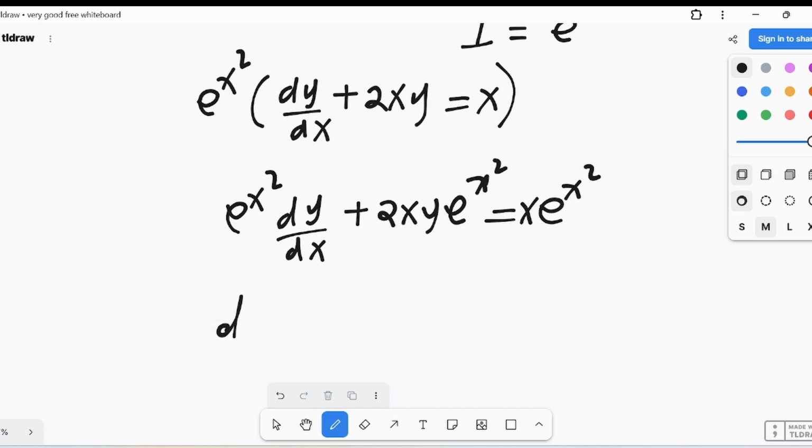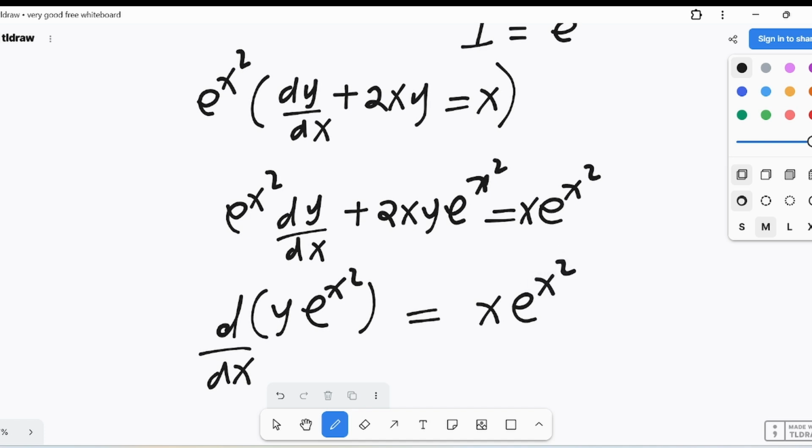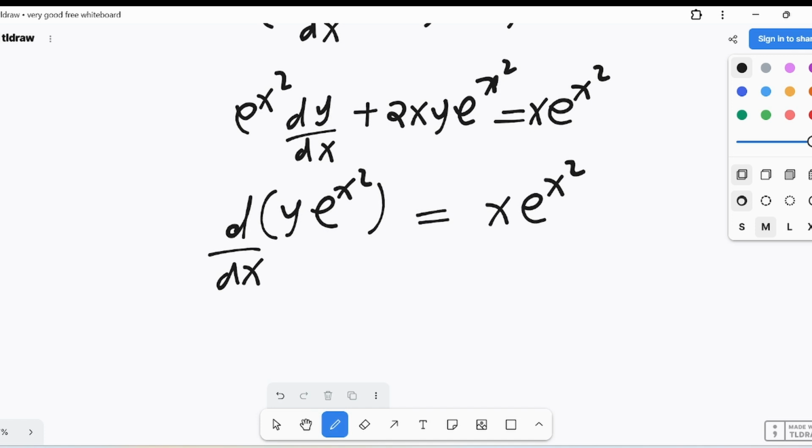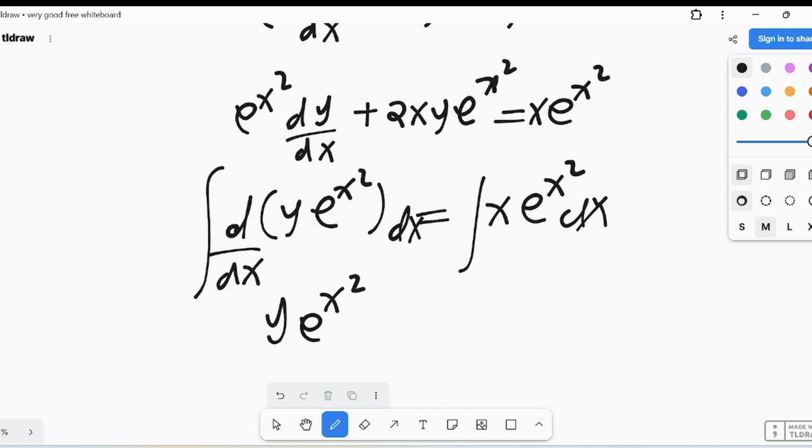So if it has turned into exact, we know that it comes from, now if you look at it keenly, it comes from d of y e of x squared dx is equal to x e of x squared. So we can go ahead and integrate both sides. When you integrate, this is very cheap work. When you integrate on both sides, you will have y e of x squared is equal to